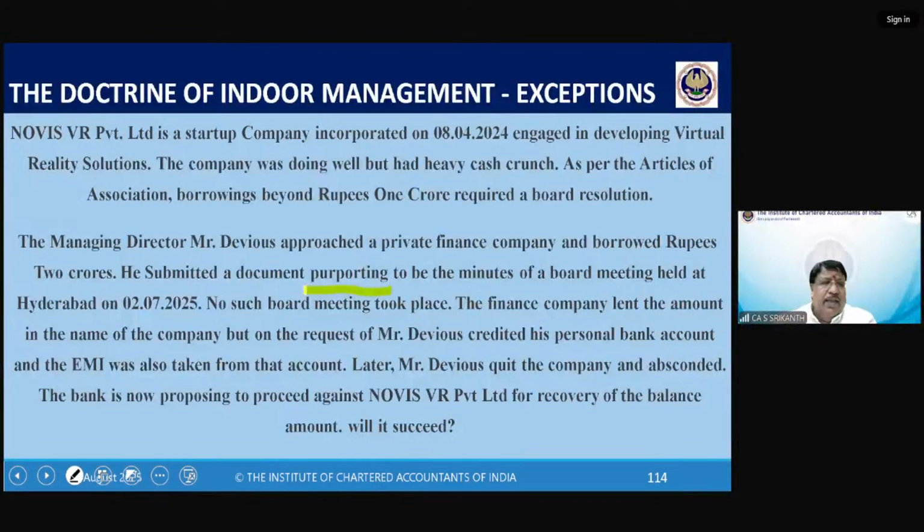The finance company lent the amount in the name of the company, but on the request of Mr. DVS, noted your honors, on the request of Mr. DVS, credited his personal bank account. See, the loan is sanctioned in the name of the company, lent to the company, but credited to the personal bank account of DVS. And the EMI was also taken from that account. Later, Mr. DVS quit the company and absconded. The finance company is now proposing to proceed against